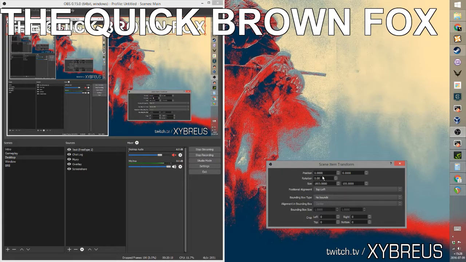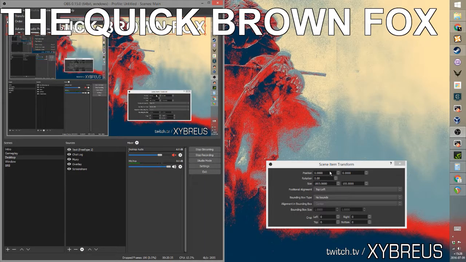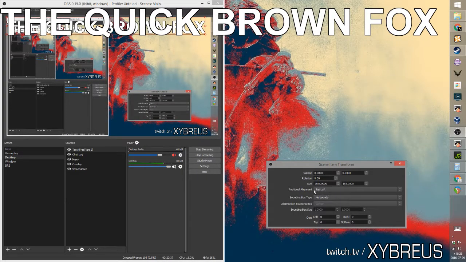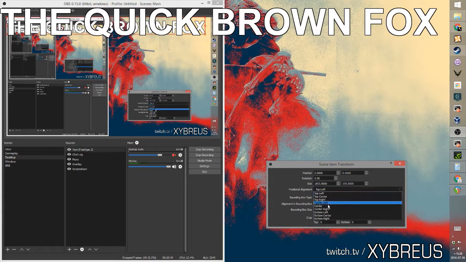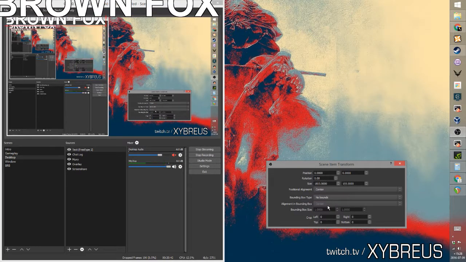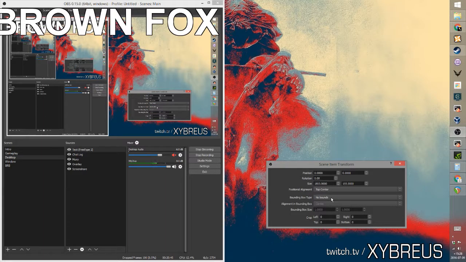And what I discovered is that getting certain bits of text exactly centered on the screen was a total pain. But if you go into this edit transform dialog, which is called scene item transform even though it's called just edit transform here, you can change the positional alignment from top left to center, or even top center is fine too. And you can see now half the text is off the screen, and you wonder, why would I want that? Well, here's where you have to do a little bit of math, but it'll give you perfectly aligned